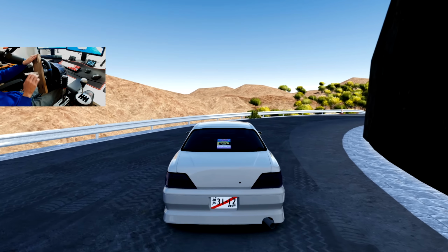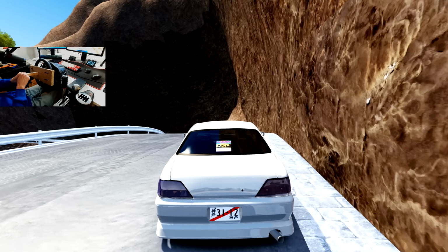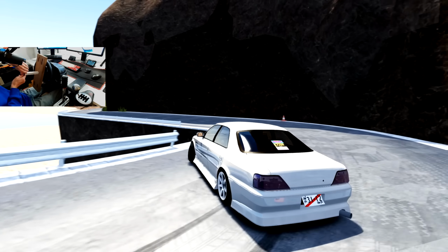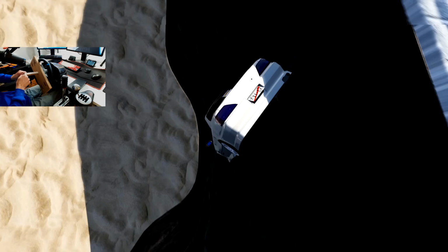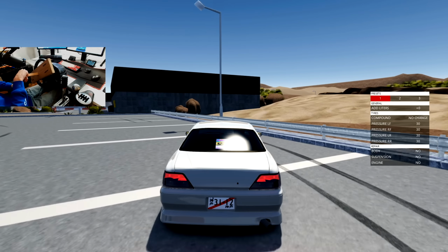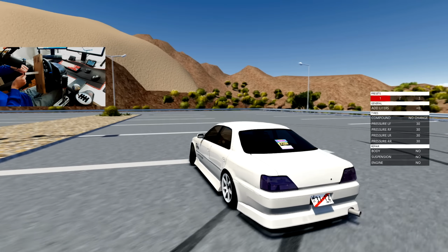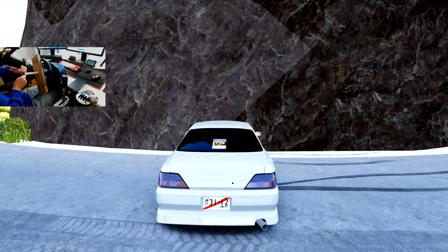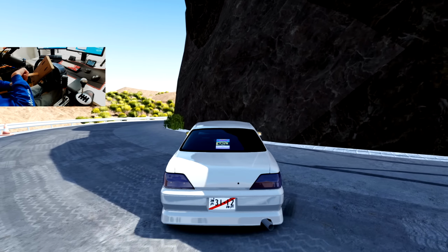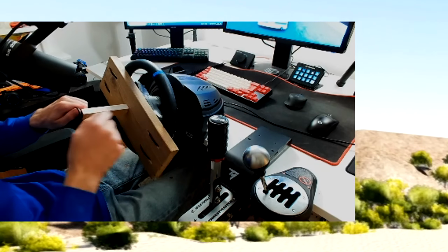Holy crap. I really want to enable force feedback, but it's just not possible. I would pretty much break my fingers if I even tried to put on force feedback, I think. No, we're off the mountain. Oh, no. Ooh, that was pretty good. This is by far the hardest thing I've ever done when it comes to sim racing or drifting. At least drifting. Racing was kind of easy. You just gotta turn and drive, but...